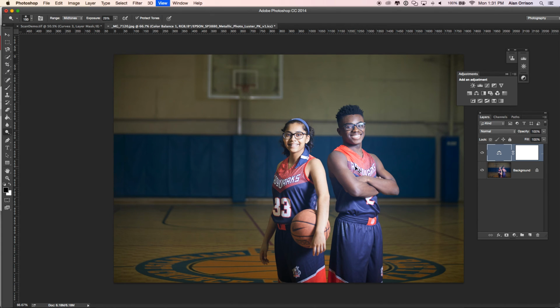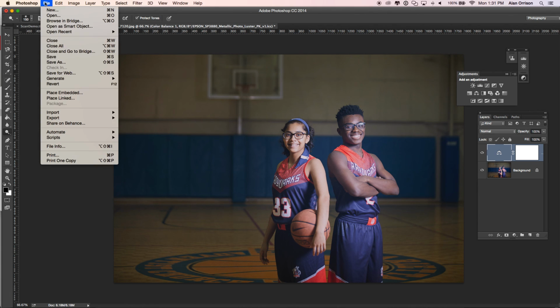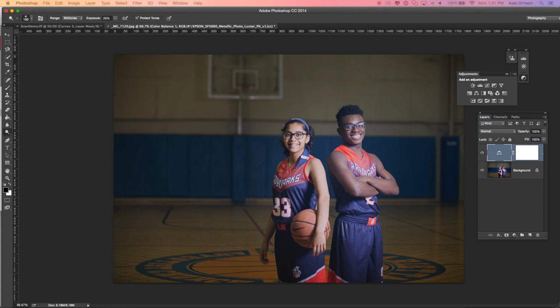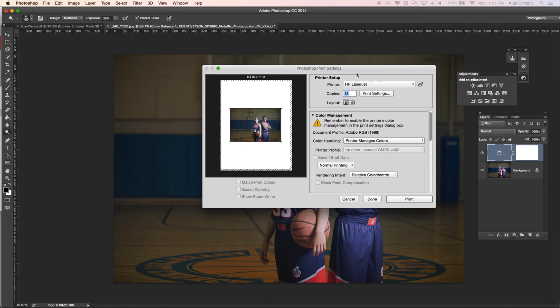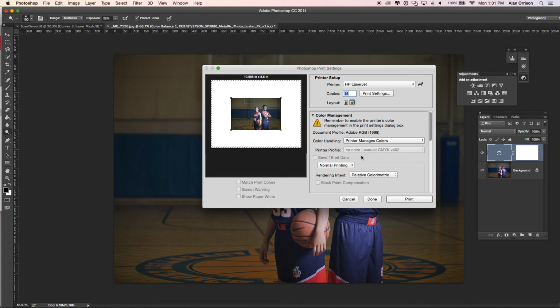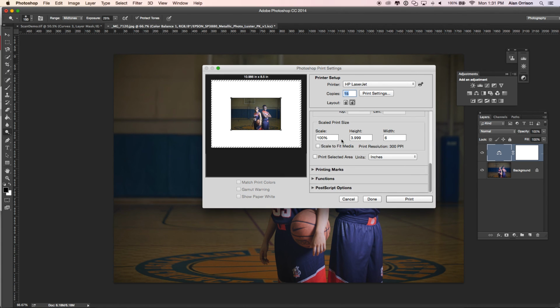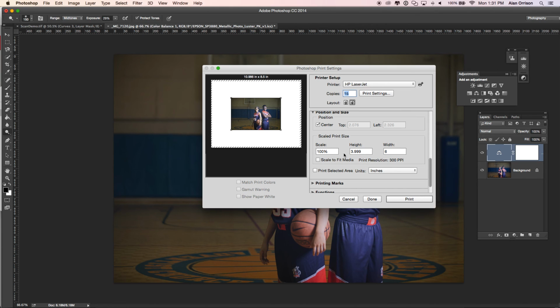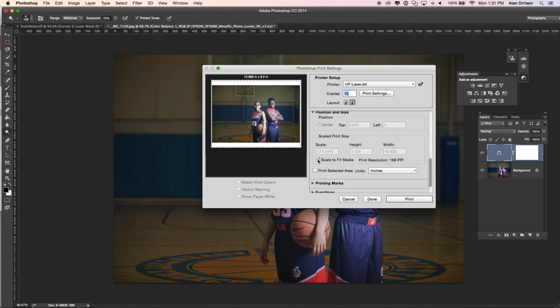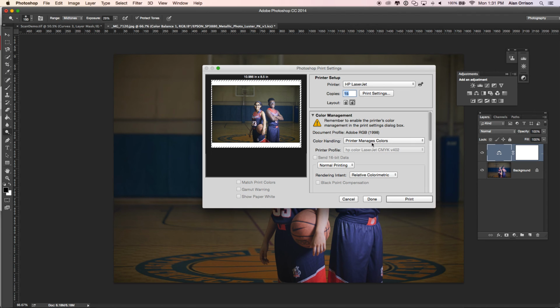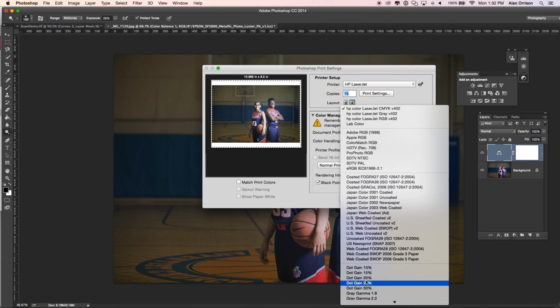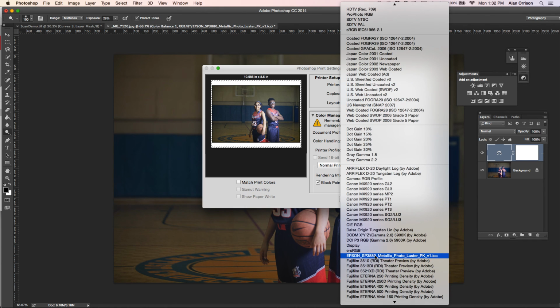Okay. So now that you've got it proofed, you can go up to File and Print. And again, using same settings as we did before, we'll turn it landscape. And this one is going to need to be scaled. It's a small export, not intended for this purpose exactly, but this one does need scaled. Yours may, if it's an iPhone picture or something like that, may need scaled up. Okay. The same printer profile,